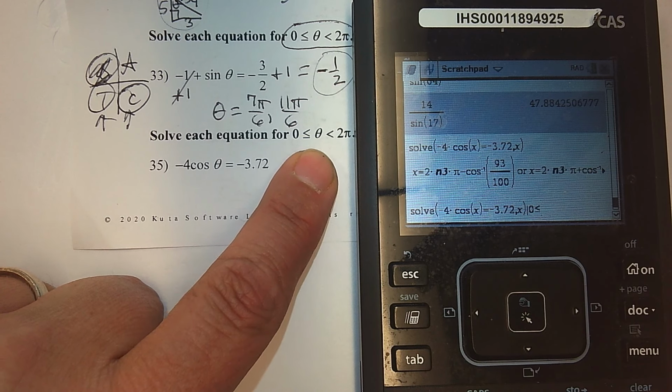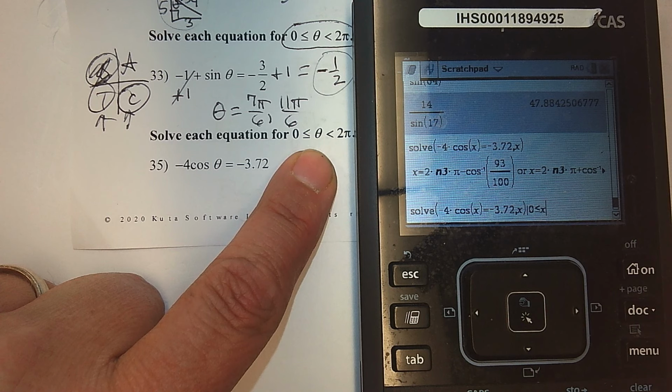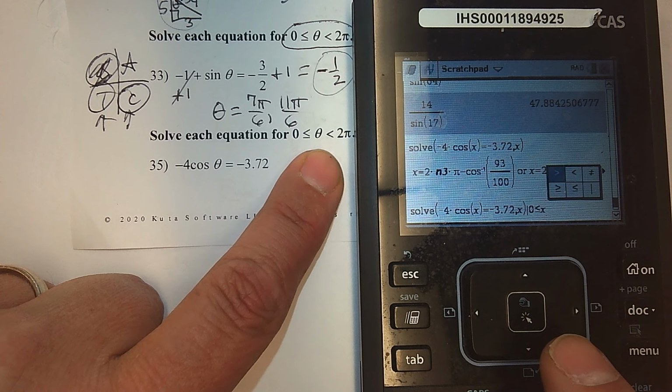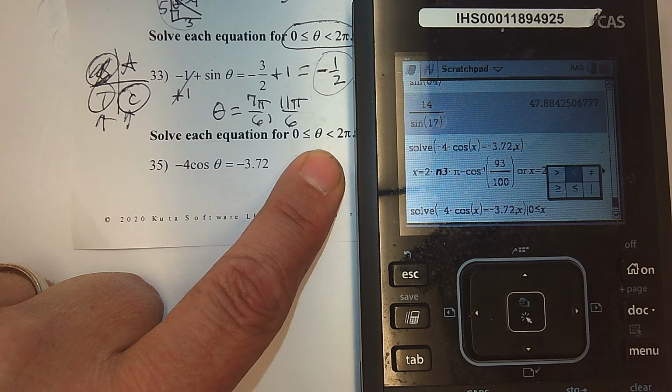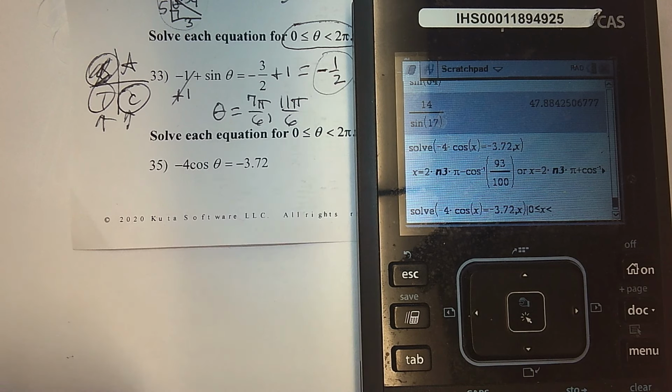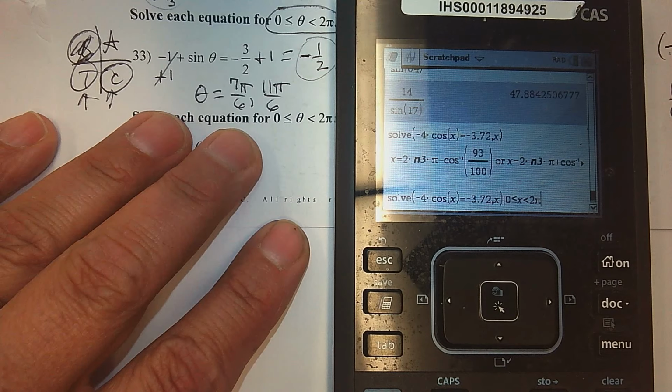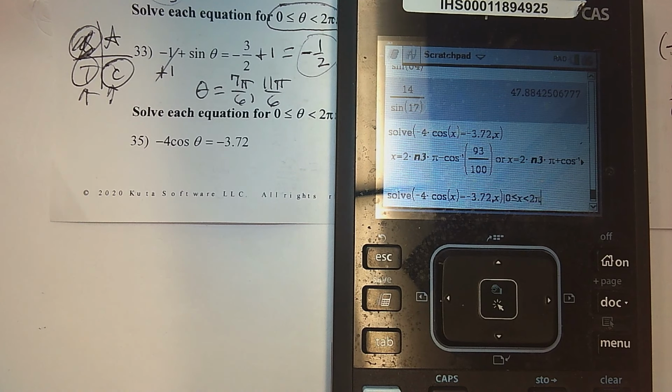I'm going to type in, this side is x, not theta. And again, I'm going to put in less than, and then type in 2 pi. So it's telling the calculator to solve it only within that domain restriction. I just typed in what I saw in the question. So now when I press enter,